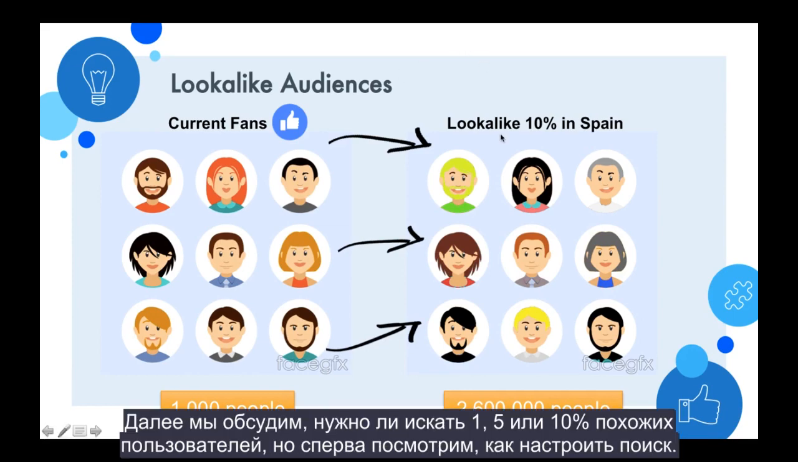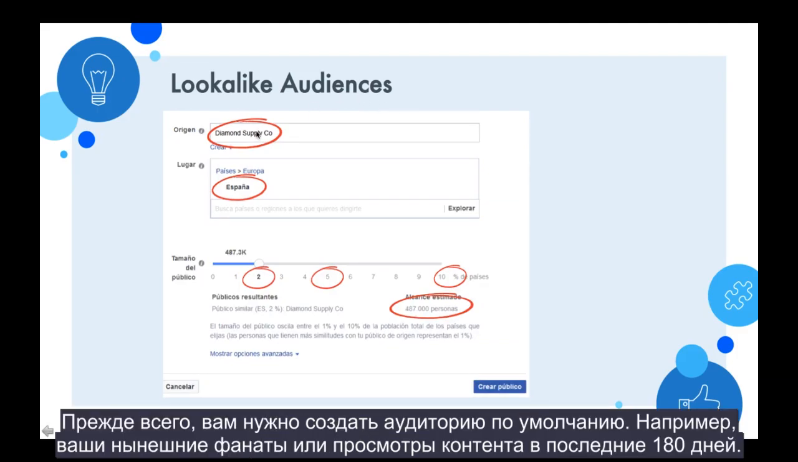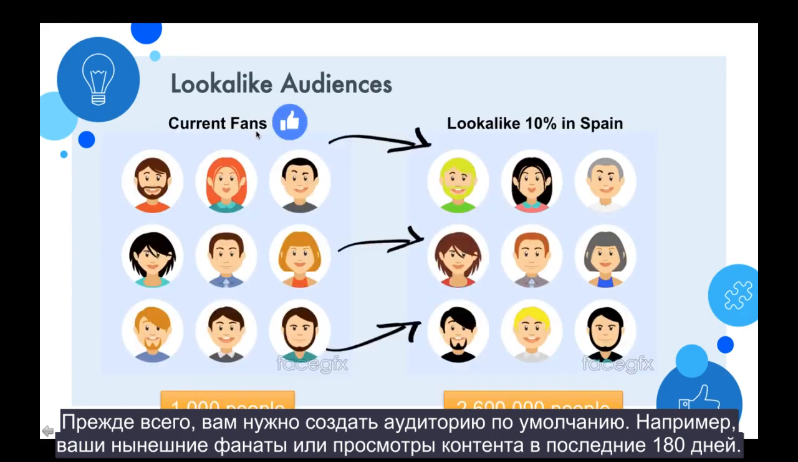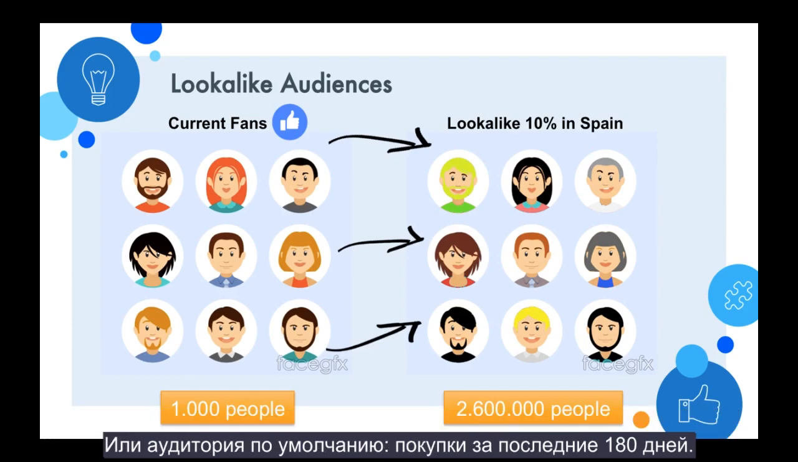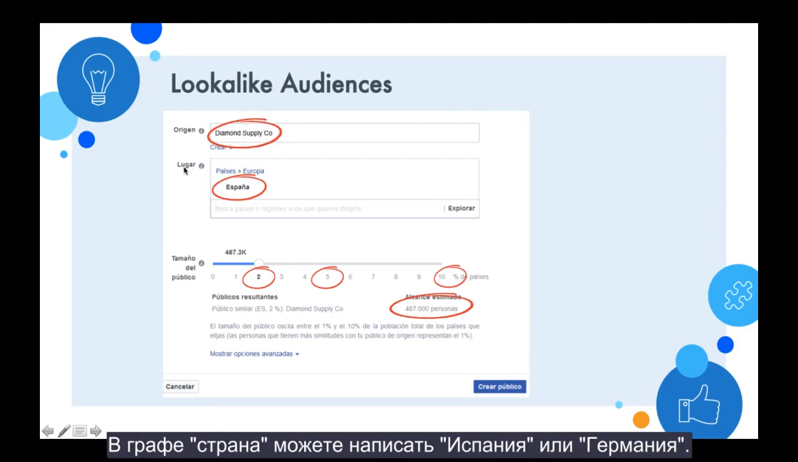In a second, we're going to discuss, should we use the 10%, 5%, or 1%, or whatever. But before that, let me also show you how to set it up. It's actually super trivial. It's very easy. You basically just have to create a custom audience first, okay? For example, custom audience, your current fans, or a custom audience, view content last 180 days. Custom audience, purchase 180 days. That's the origin, okay? So you use here the custom audience, and then in the country, you could use, for